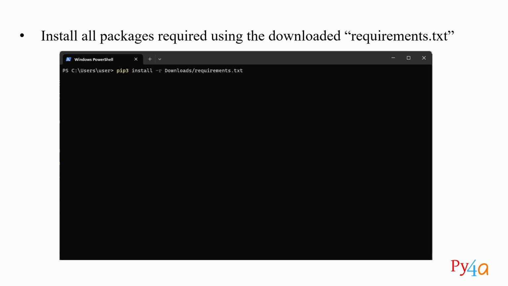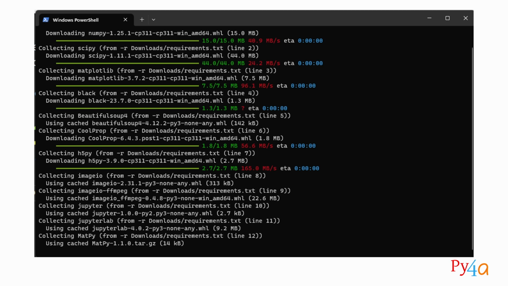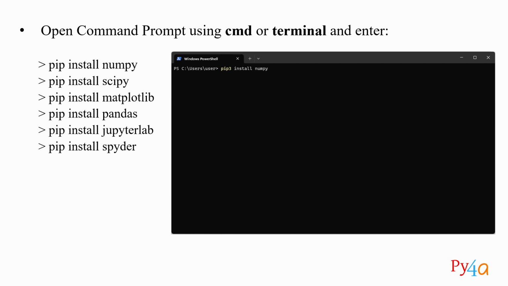Once you have done that, you see the packages being downloaded and installed. Once the installation is complete at this stage, it means that now you have your Python software ready with all the required packages installed. Finally, we move to the last step. But before we go to the last step,